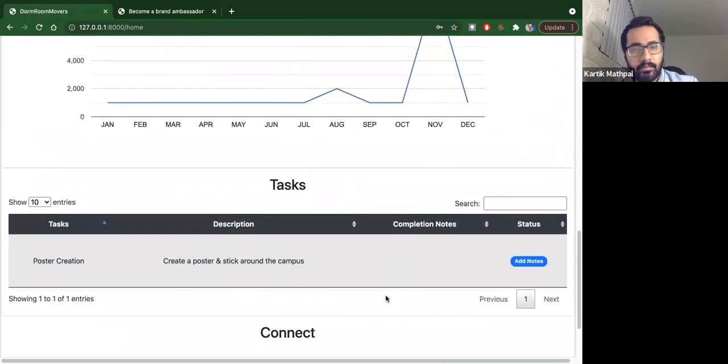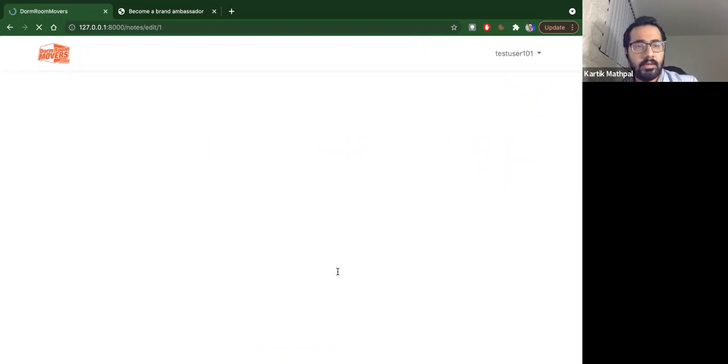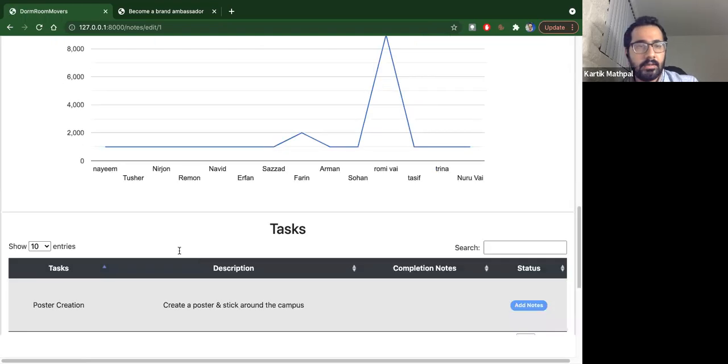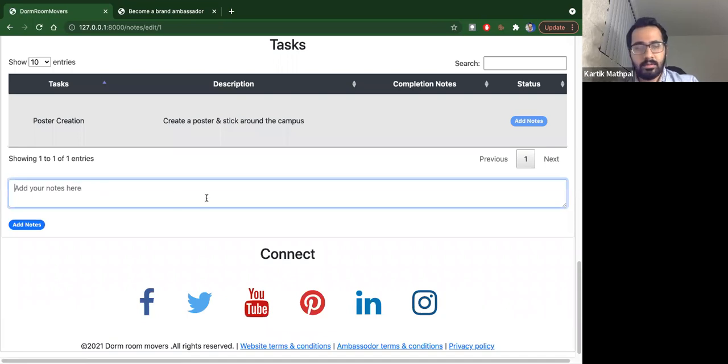And then we also have a feature called a tasks table, wherein the admin adds the tasks, and that task is broadcasted to all the ambassadors. Once they complete that particular task, we can add a note, like this, say task completed.